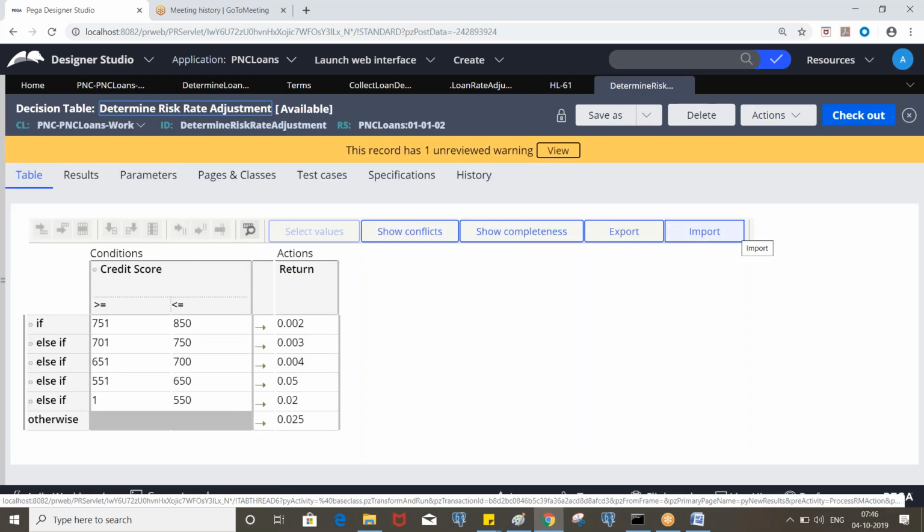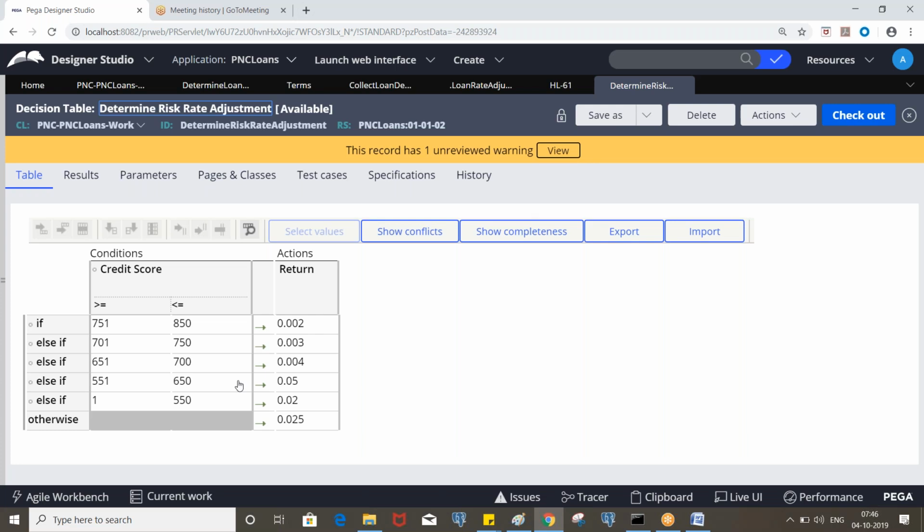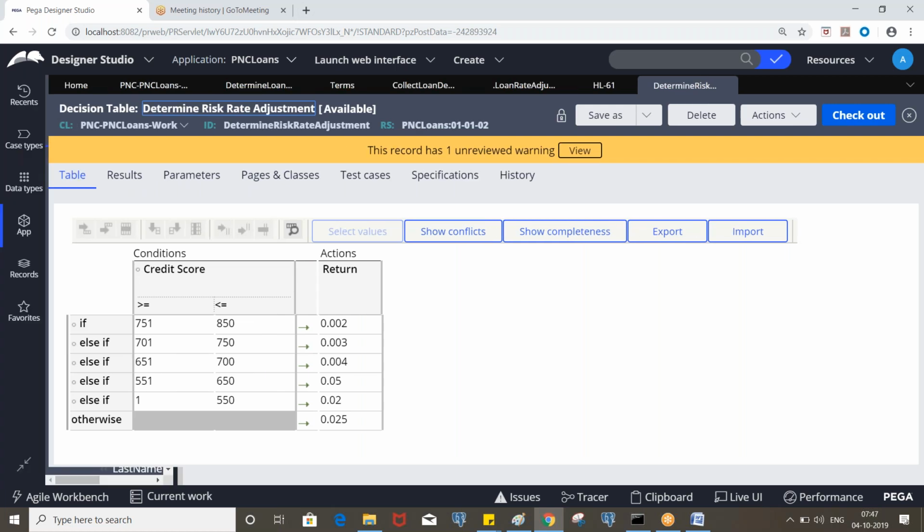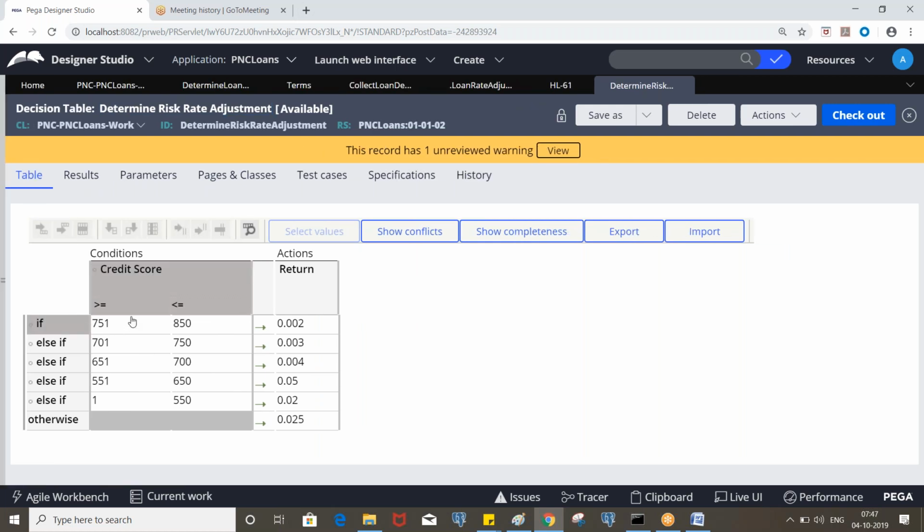Okay. So now we have a decision table. This is for risk rate adjustment, right? So again, create a declare expression on risk rate adjustment and invoke this decision table. One question, Satya: if there is more than one column, more than one property, is the relation and or or?